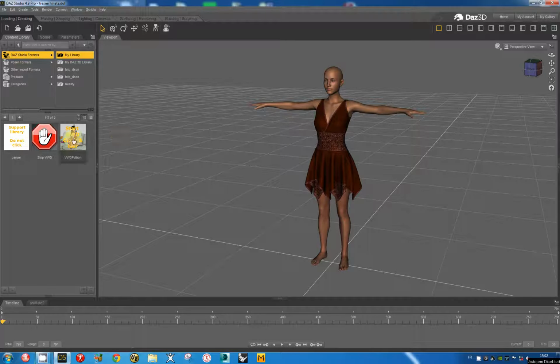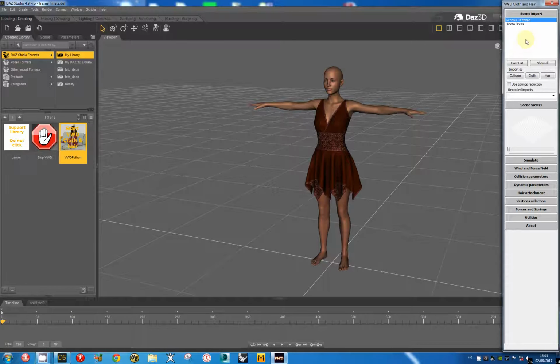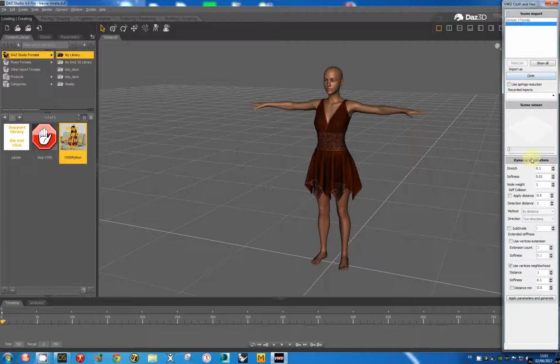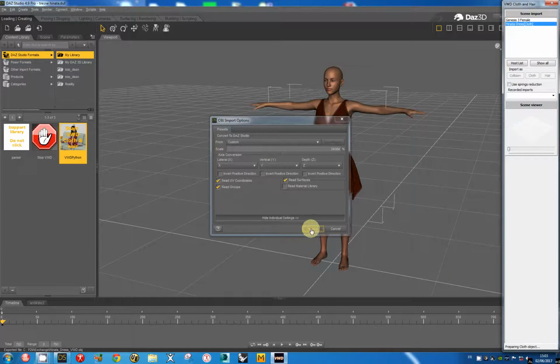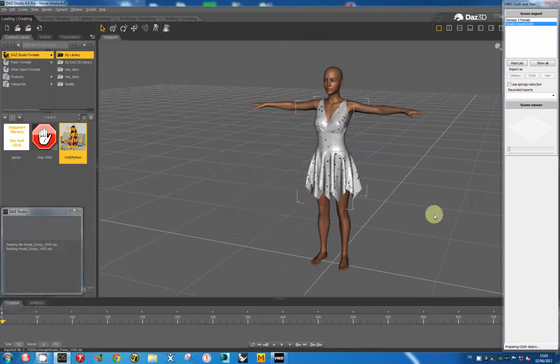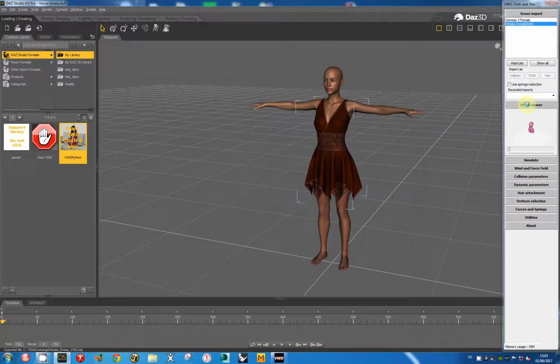I will start the program, and I only import init address as close. I put the default settings, but I remove all rigidification. I import the close like that. Okay.